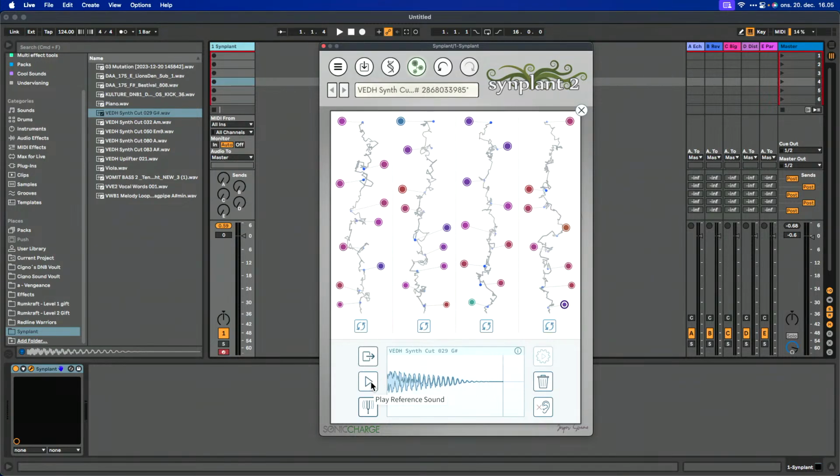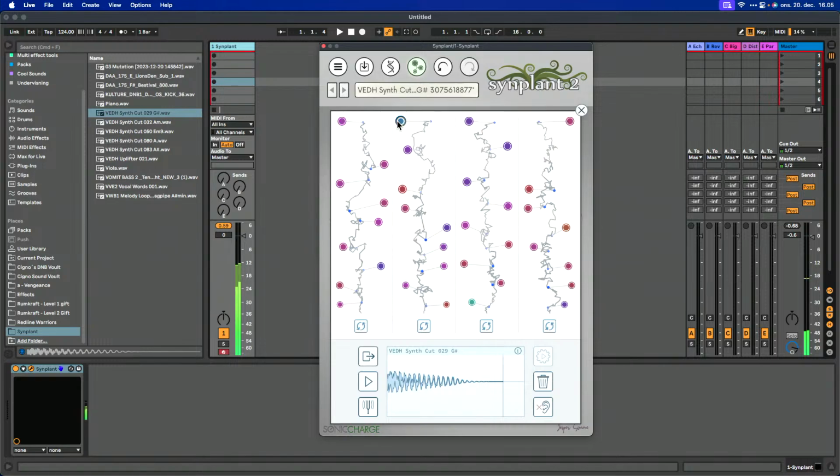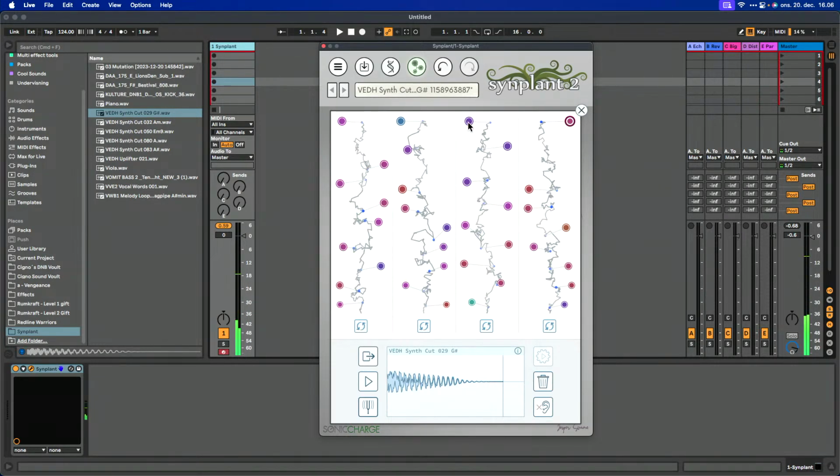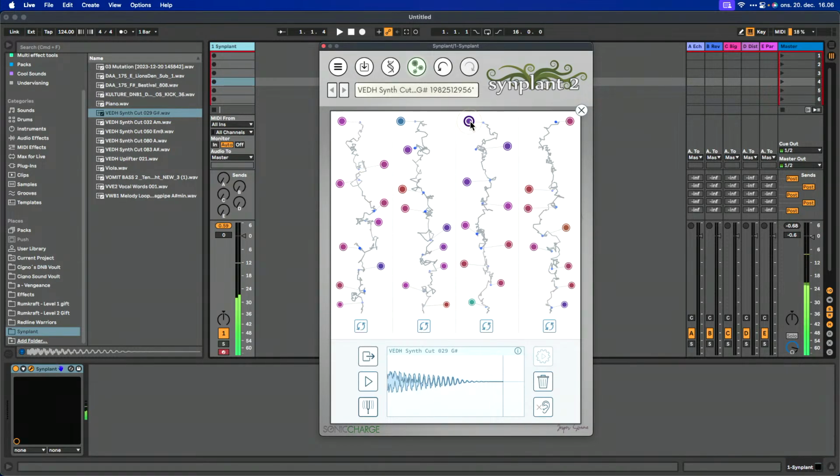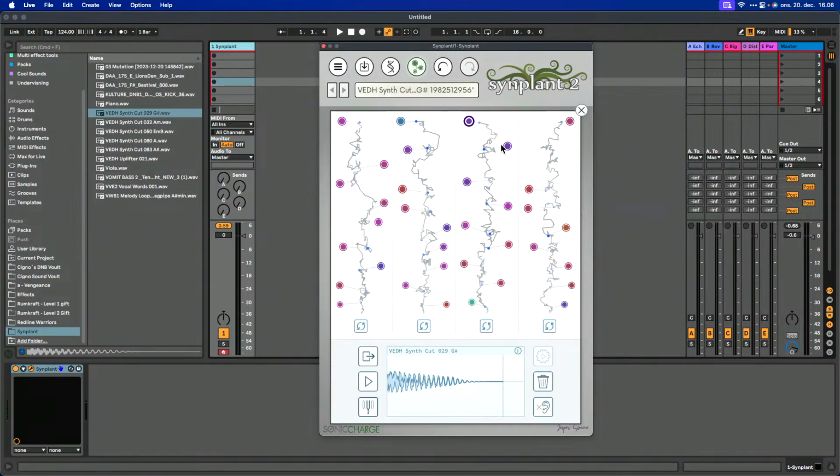Let's hear it here, and let's try and hear it here. That one is very, very close. But then we can go down the tree and find